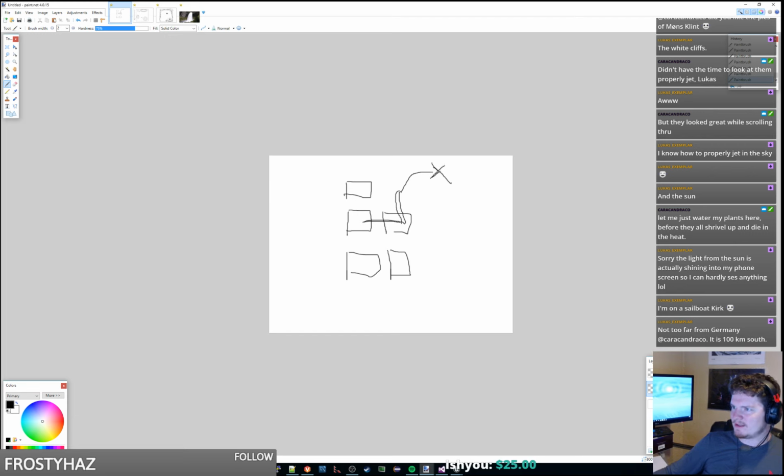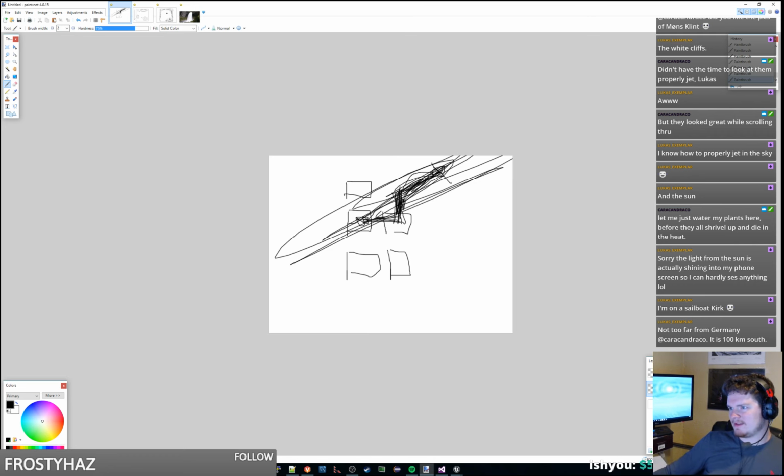The distance is from this location to this location, not this distance. You know, like this distance here is longer than this distance, so